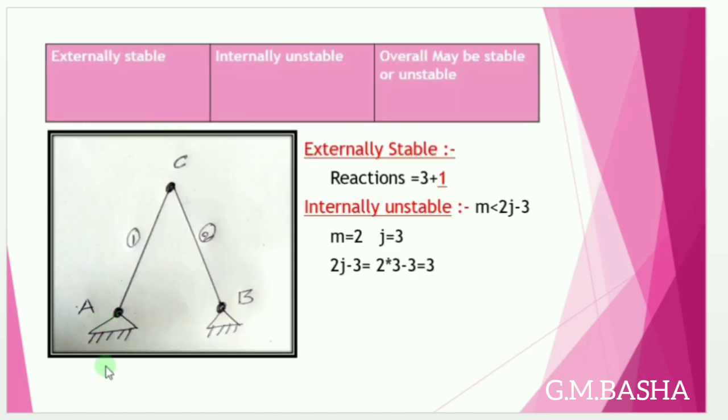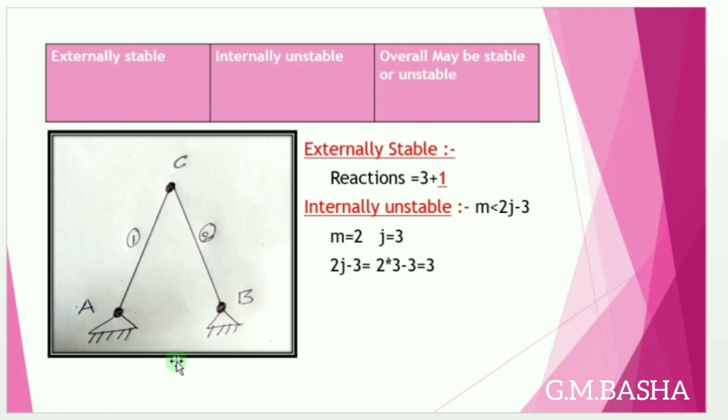See here, this figure consists of two hinged supports at A and B. At A there will be two reactions, one horizontal and another vertical. At B there will be two reactions, one horizontal, another vertical. Whenever a horizontal load is applied, these horizontal reactions will try to resist that horizontal displacement. Whenever a vertical load is applied, these vertical reactions will try to resist that vertical displacement. Whenever rotational movements occur, these reactions will try to resist them also. Therefore, the structure cannot move and cannot rotate. Therefore, the structure will be externally stable.